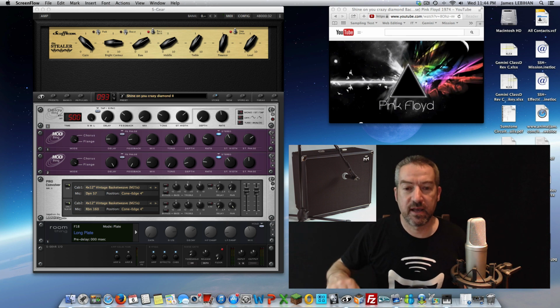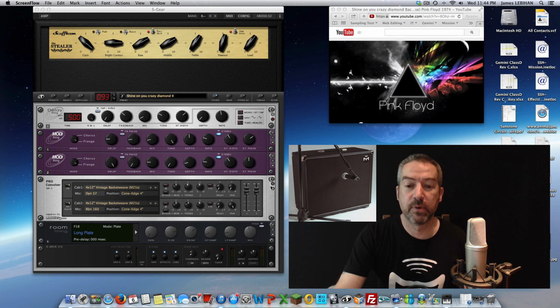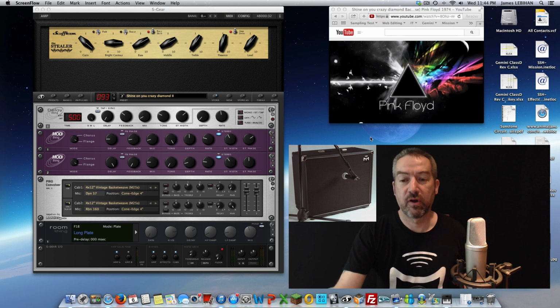And because Gemini is a full range speaker, and you can set it to a flat response so that it sounds like a studio monitor or even a hi-fi speaker, I have that set to that. So that's going to do the best job of emulating our amp sims here, and it also is very useful when I'm playing back the recorded material, or I'm playing back a full range backing track,